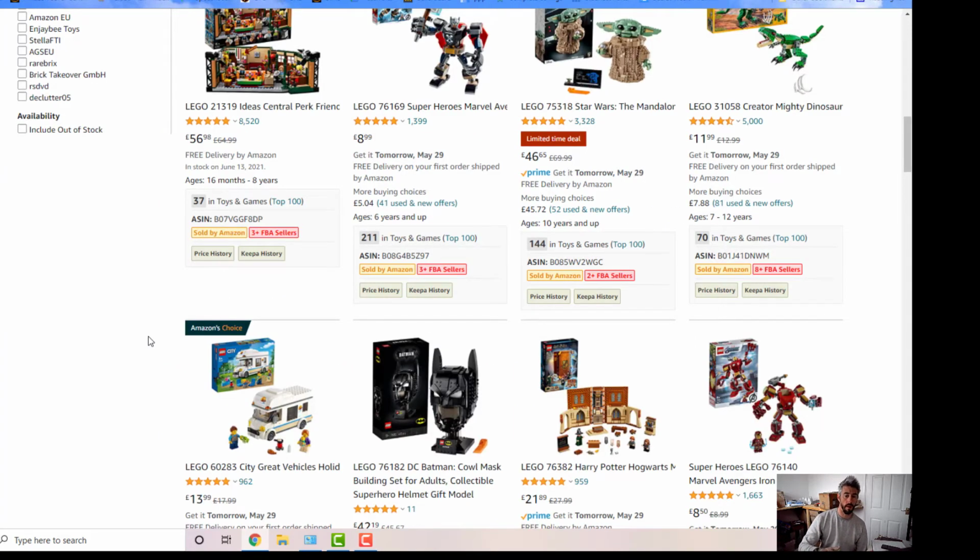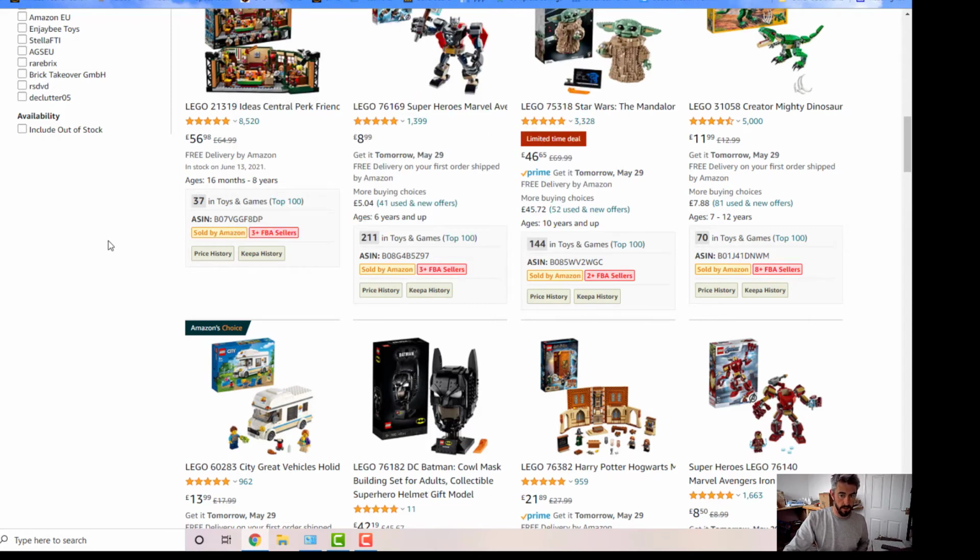If you're on Amazon and you pick a category, whether it's cat food, dog food, car wiper blades, watering cans, whatever, the products will always come up like this. They'll obviously show you the name at the top, the price, and all the bits and pieces. If you've got DS Quickview on that page, what you'll notice is a few other boxes. It will show you here the number there, 37. That is what we call the BSR, the bestseller rank. So that is basically an indicator of where that product is ranking on Amazon.